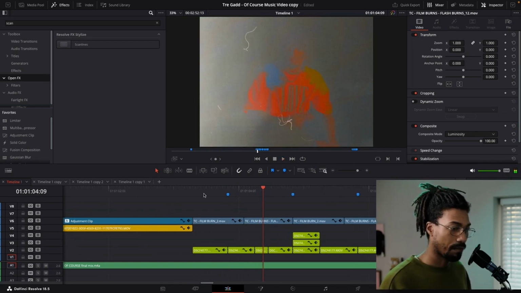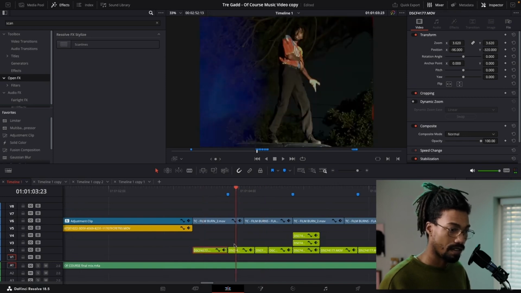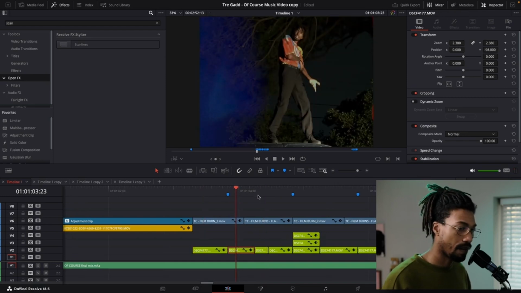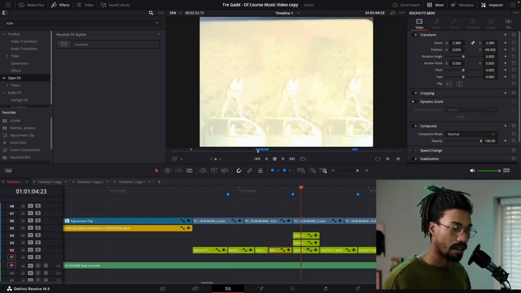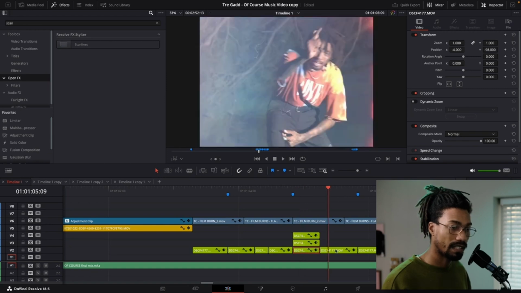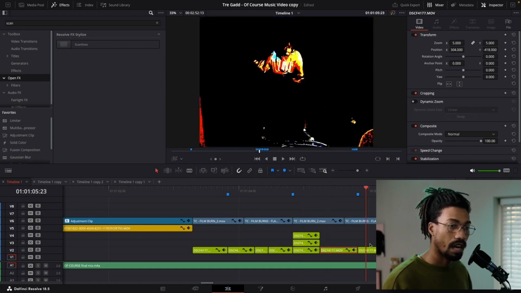So there's a bunch of me cutting these clips in different framings. I'm going tight on some, popping out. I'm just kind of doing it randomly on the beat in some cases. I think I am doing it on the beat, to be honest with you. And then I'm choosing different